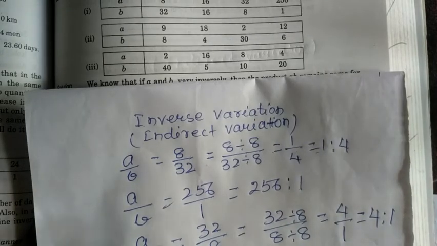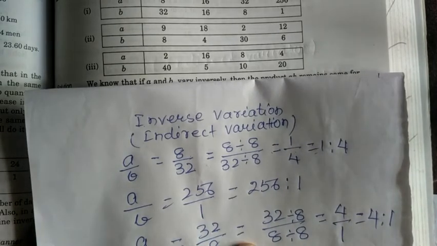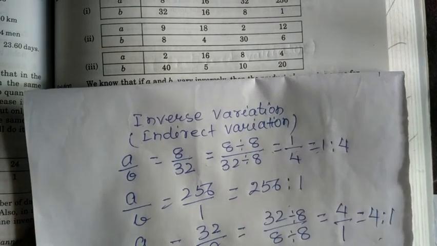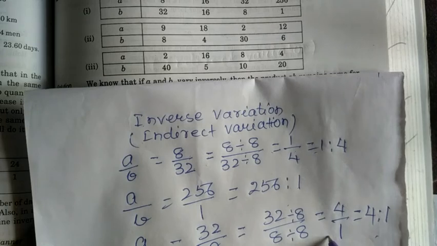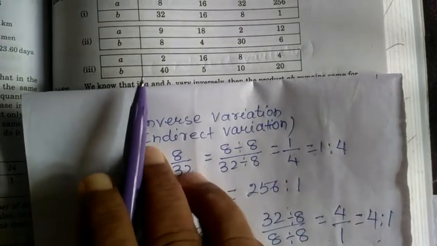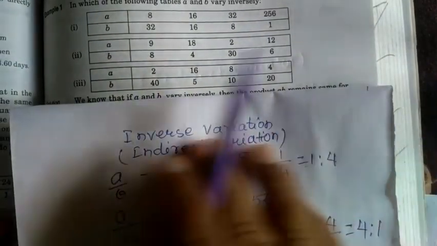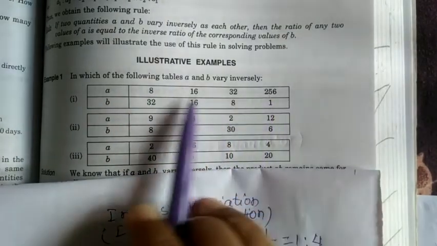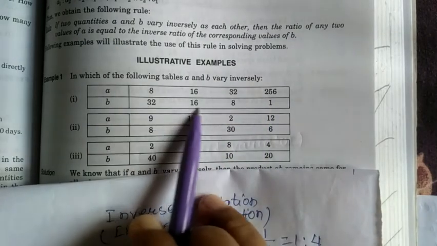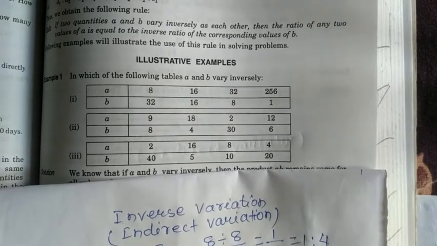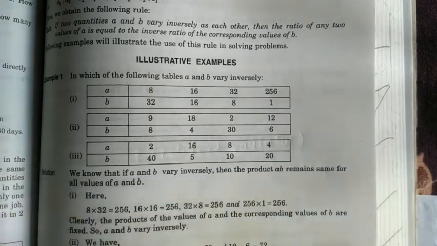We conclude here that during inverse variation, there is no need that the value decreases in the same ratio. It may be decreasing in the same ratio or it may not be, correct. So dear children, you have to concentrate during inverse variation. See the value of A is increasing, the value of B is decreasing. Whether its ratio is same or not, there is no need to check this, correct. I proved it here like this.